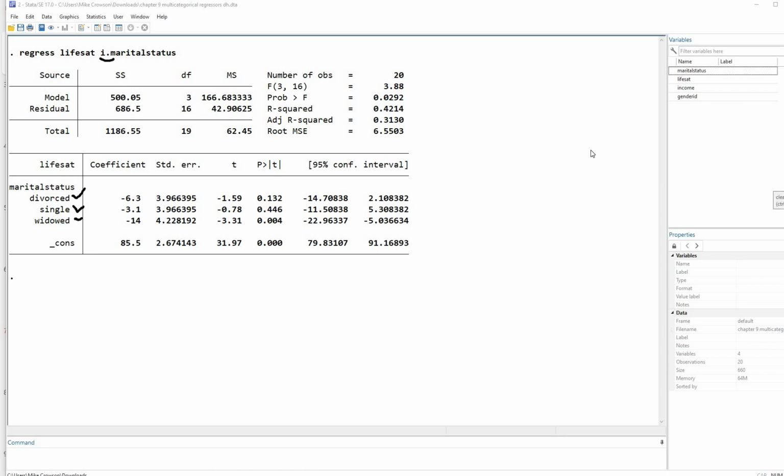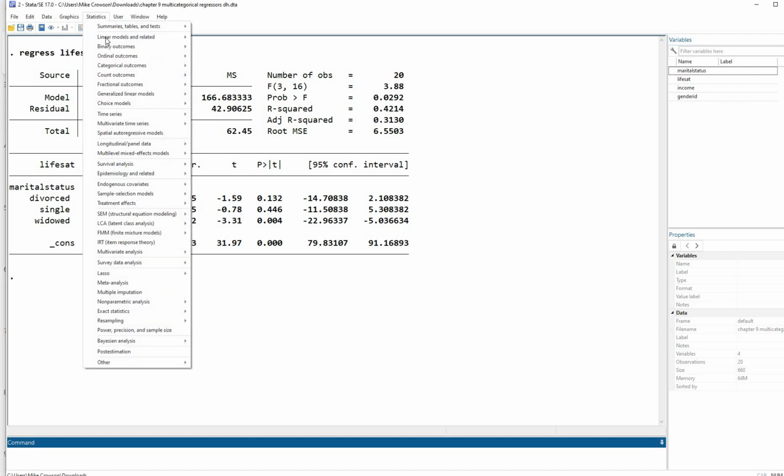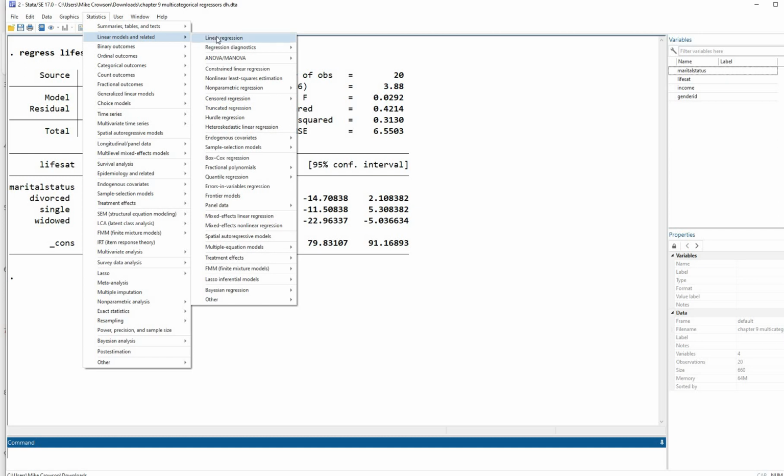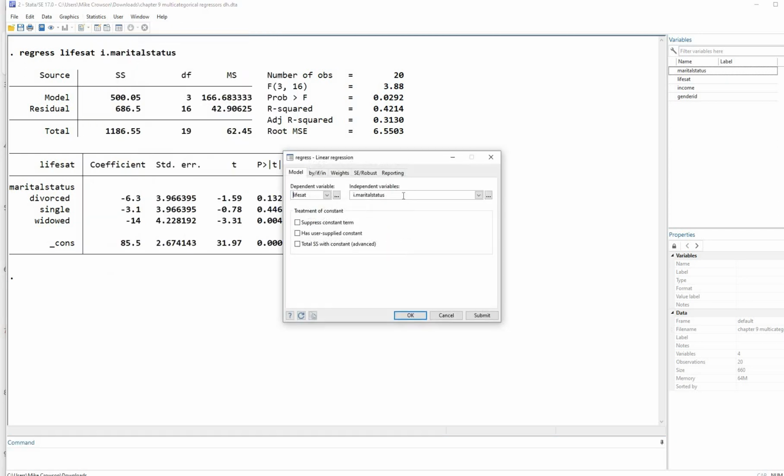So if I want to change that, I can do that very easily. And remember, again, for this first demonstration, we are going to be using the widowed category as our reference category. So I can change that very easily. I'm just going to go back in here, and instead of using the i, I'm going to type in b and then 4. And remember, basically the original variable was coded 1 for married, 2 for divorced, 3 for single, and 4 for